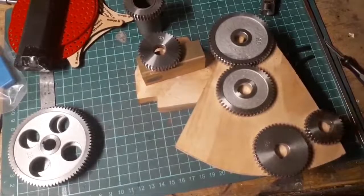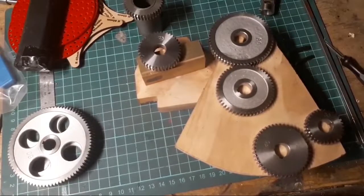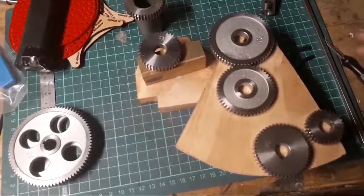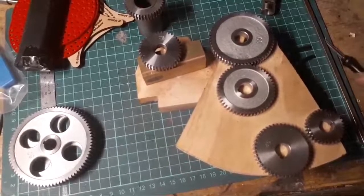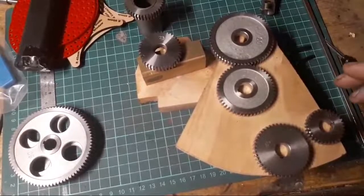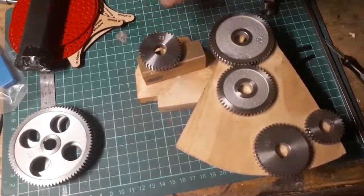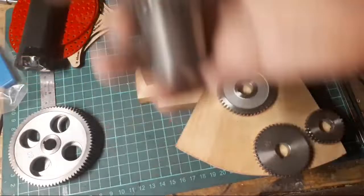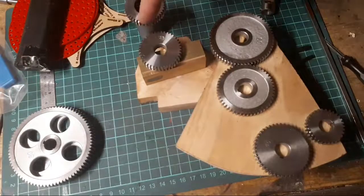As for this mock-up, I don't know if this is going to be cast or not yet. I really haven't got any idea. Some of it might, a lot of it won't. I don't think it's really the answer, to be honest. I'm not sure about that. We've got this gear here, which goes on the spindle,